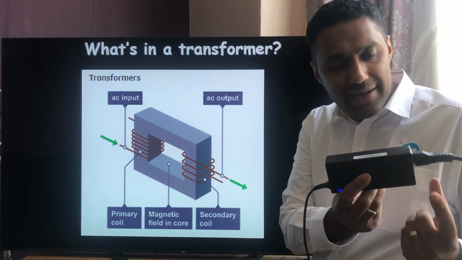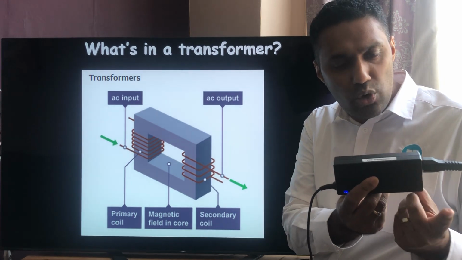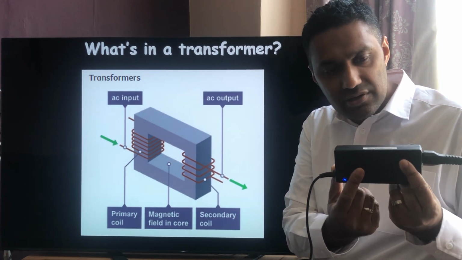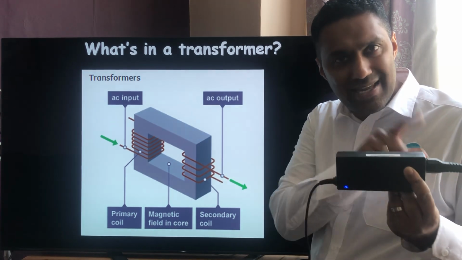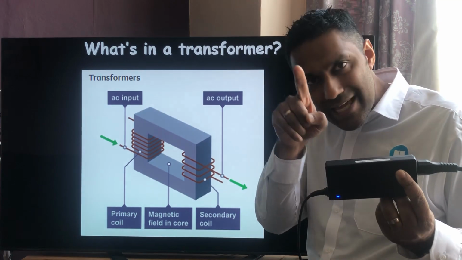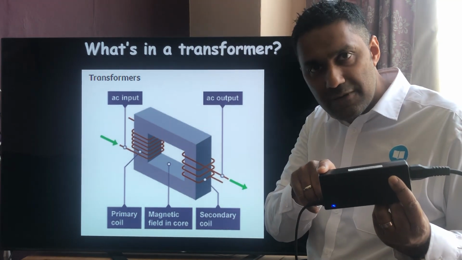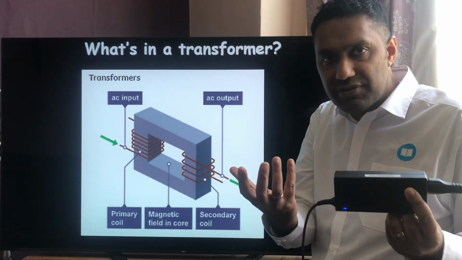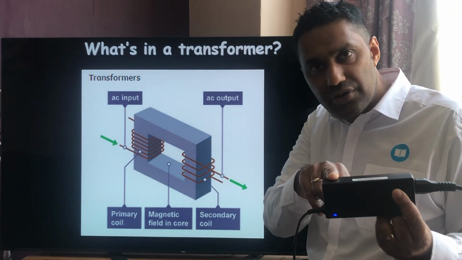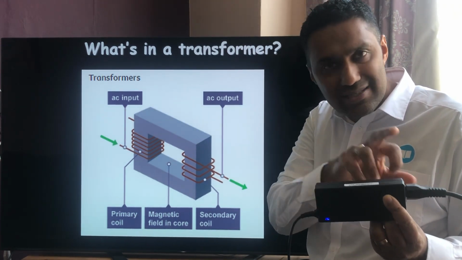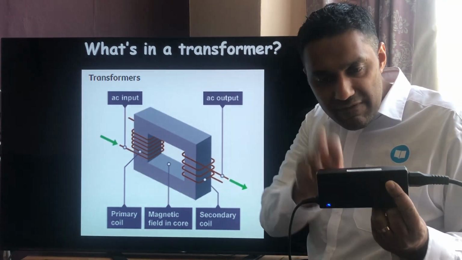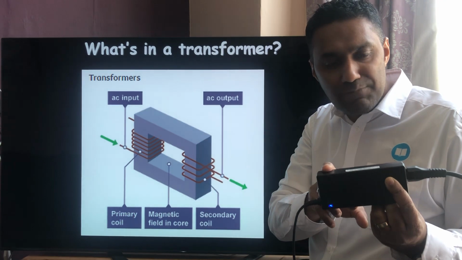So if I've got 100 turns on my coil on this side, how many turns would I have on this side? So I've got 100 there, how many there? And remember, it's 10 times less on that side. So if I've got 100 on that side, I must have 10 turns on that side. And if I just use some different numbers, if I had 1,000 turns on this side, I should have 100 turns on that side, because this side is always 10 times less than that side. So if I had 500 turns on this side, I should have 50 turns on this side,